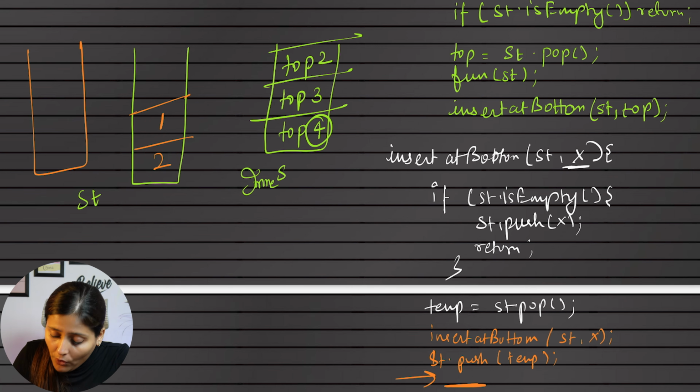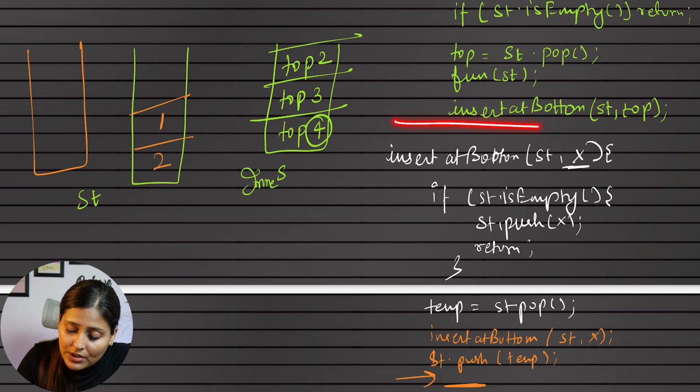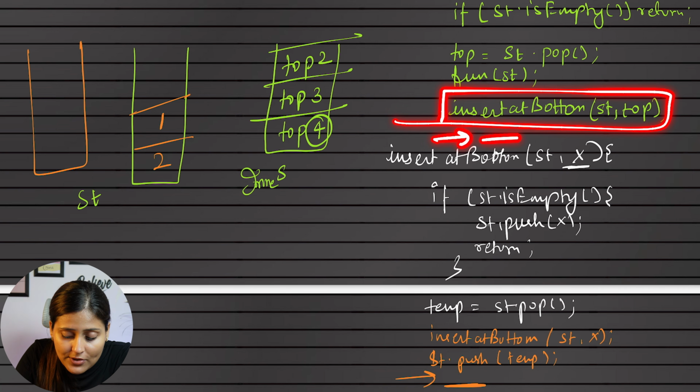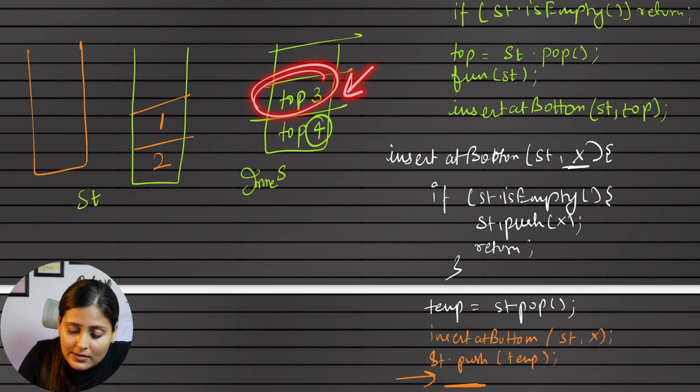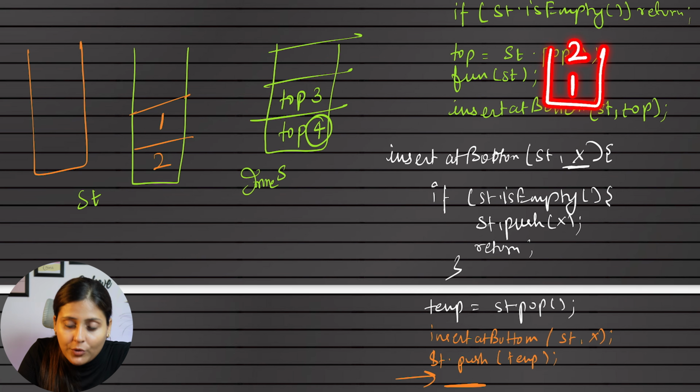Okay. Now, as we have pushed, this function will return to the original function, which was this. After this, no such line. So this will return to function st, which was this. This will be removed, and now currently we are present at this where top is 3 and stack was 1 and 2. Remember?